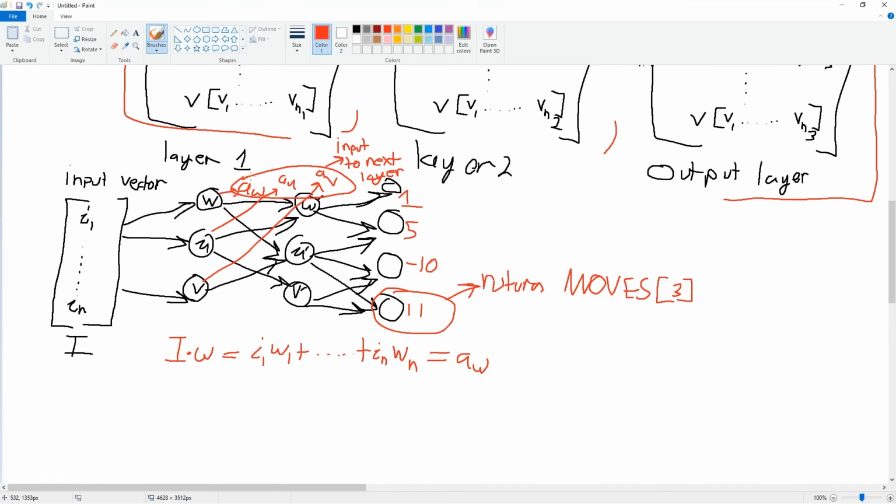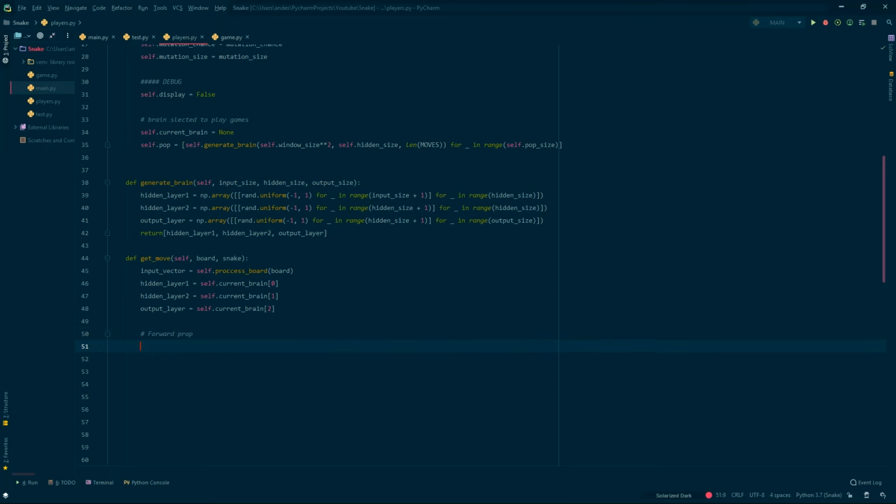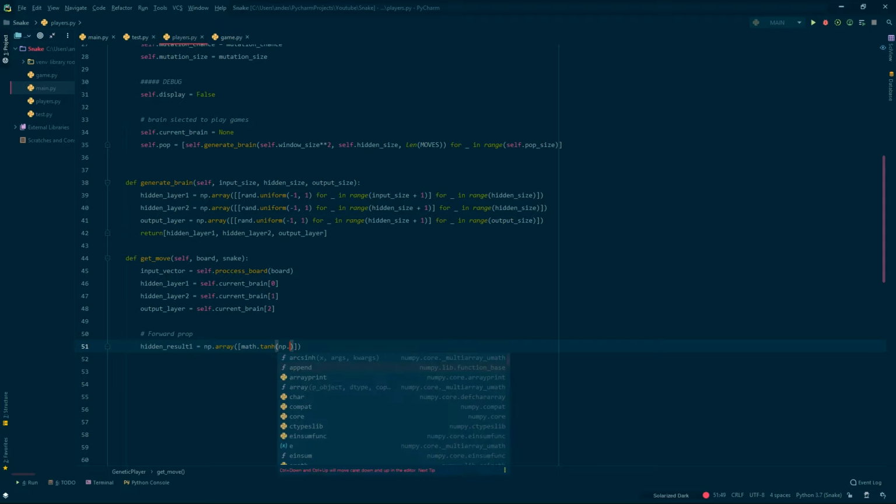And now here we're going to do the forward pass. So again, just to go over the forward pass a little bit, each layer is going to produce a new input vector, which we just pass to the next layer. So layer 1 creates some output that we then hand to layer 2. And all that we do is we just propagate that via the dot product through the entire network. So hidden result 1, this is going to be the result of multiplying the input vector by the first matrix. And we're just doing that